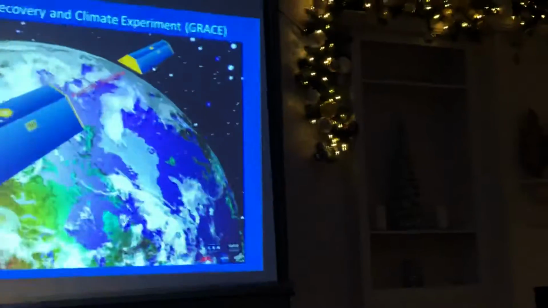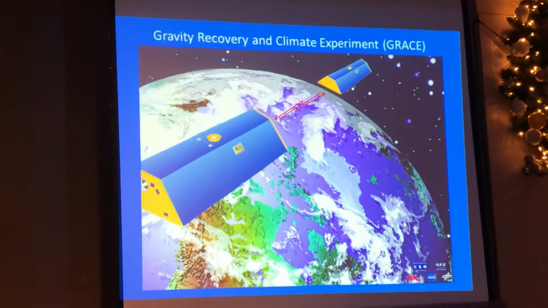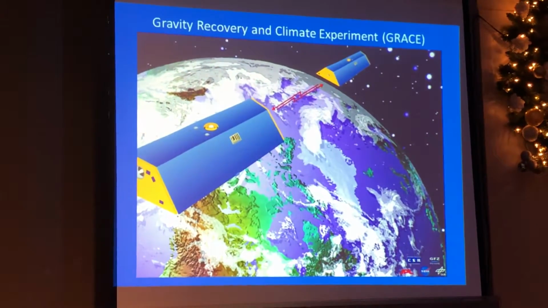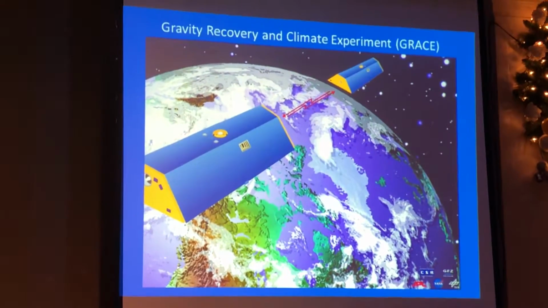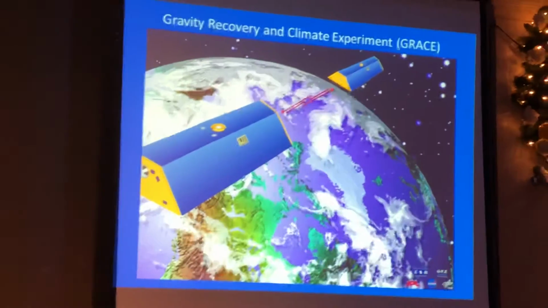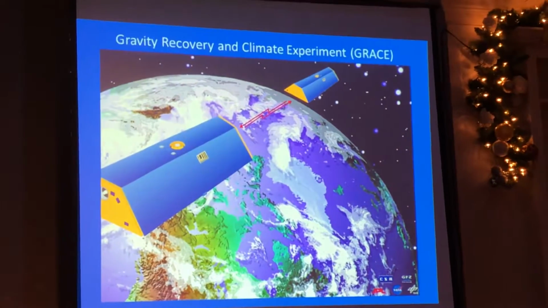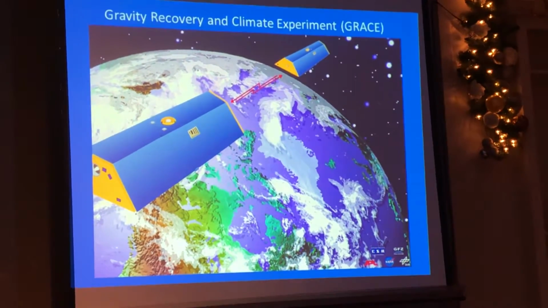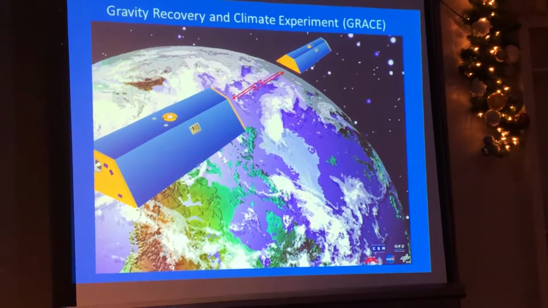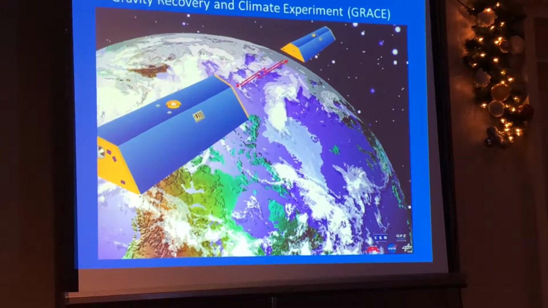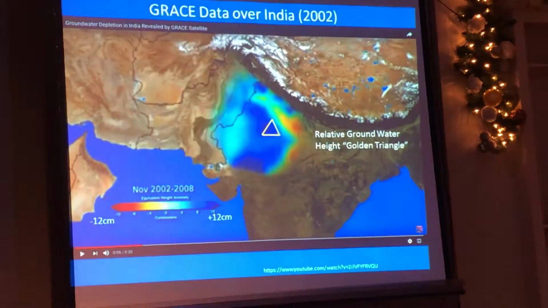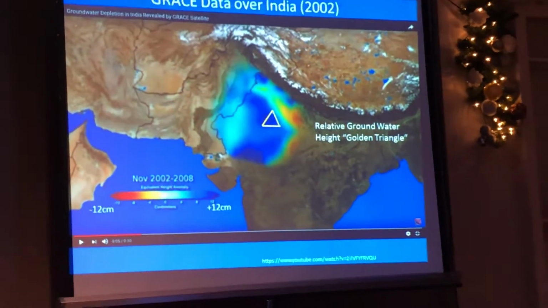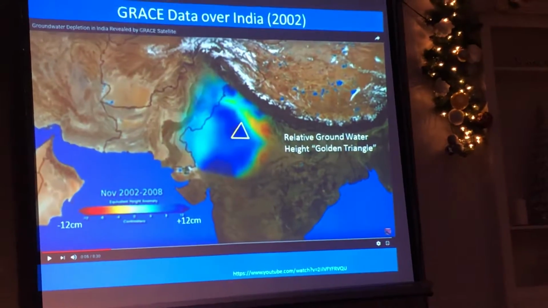So here is a satellite. This is the GRACE experiment. It's actually managed by Jet Propulsion Lab. And essentially, just like the deep gravity that we look at for oil and gas, you have two satellites going over, and they measure at the very, very shallow surface, and they can measure the thickness of the ice sheets as well as the groundwater. And I did not know that until 10 years ago. But then, right after I came back from that trip from India, this image showed up in SEG.